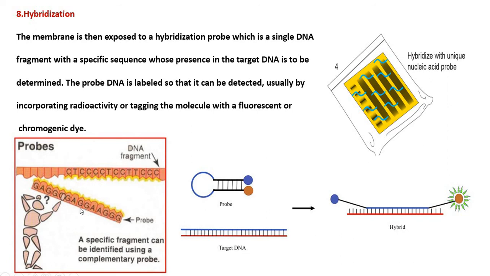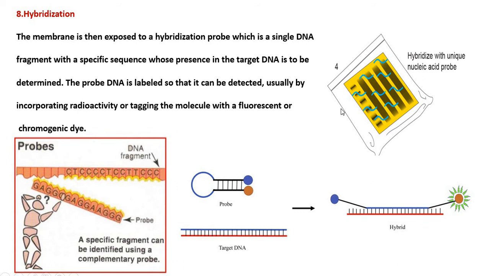So there is a probe. The probe is complementary to the sequence to be analyzed, the DNA to be analyzed. If it is insulin, you take the complementary sequence to the insulin. The probe may be 15 to 50 nucleotide base pairs. The probe is designed by companies and the probe is radio labeled. So the radio labeled probe is ready.